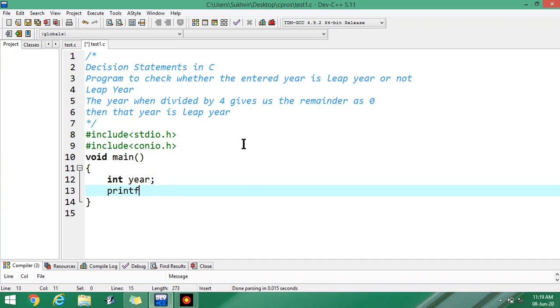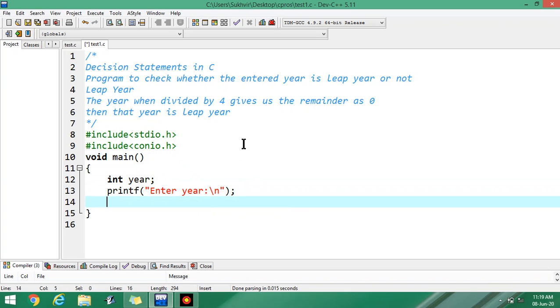Then printf, "Enter year". You have to enter one number, basically it should be an integer value. %d is required as the control string for an integer value. Year.